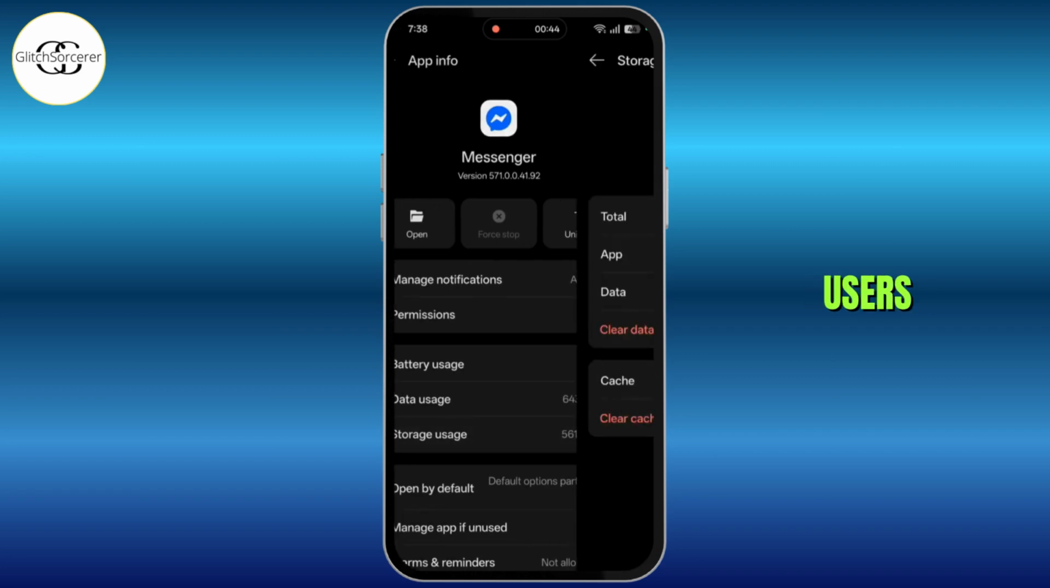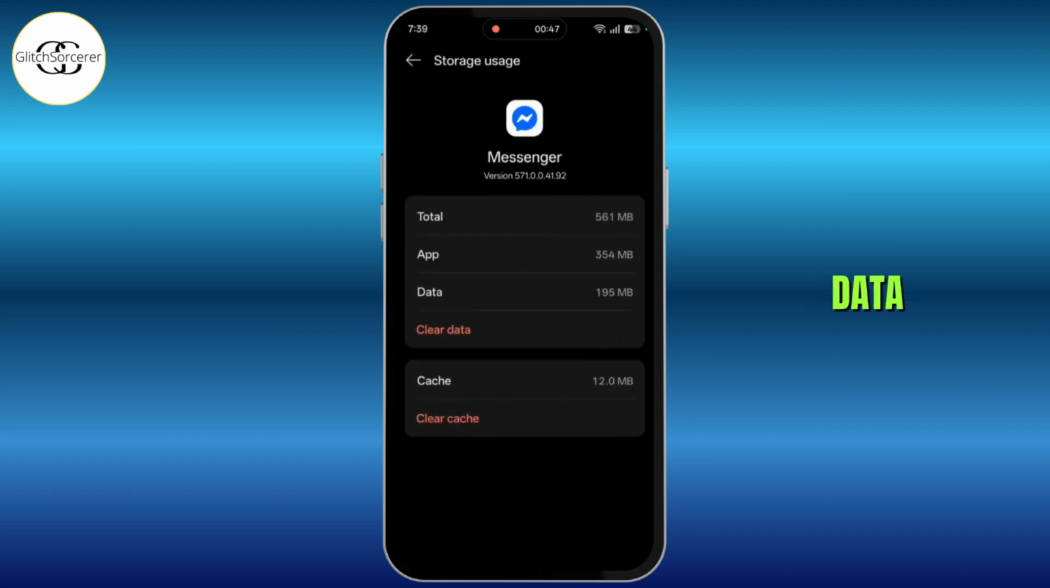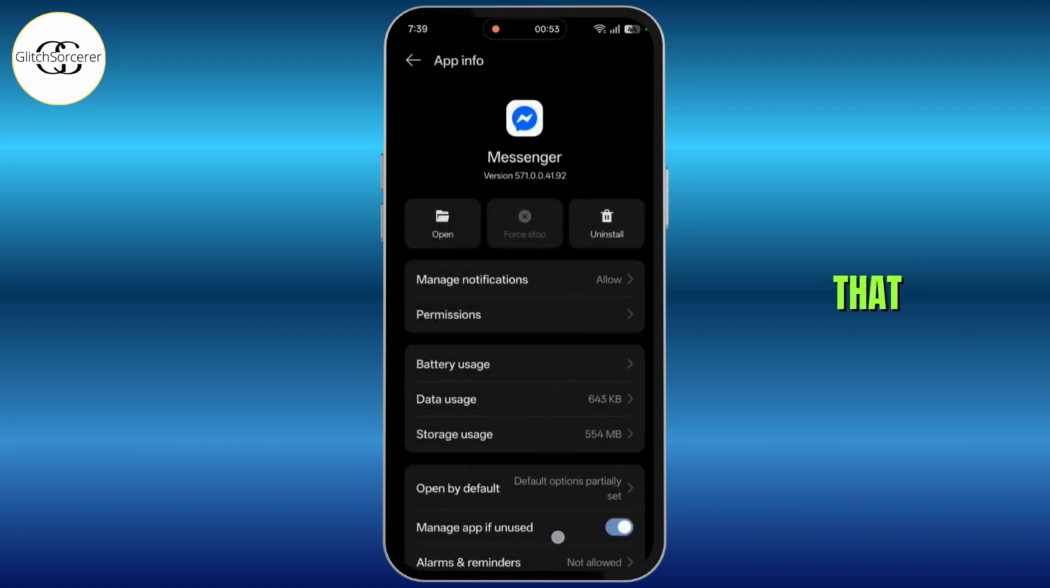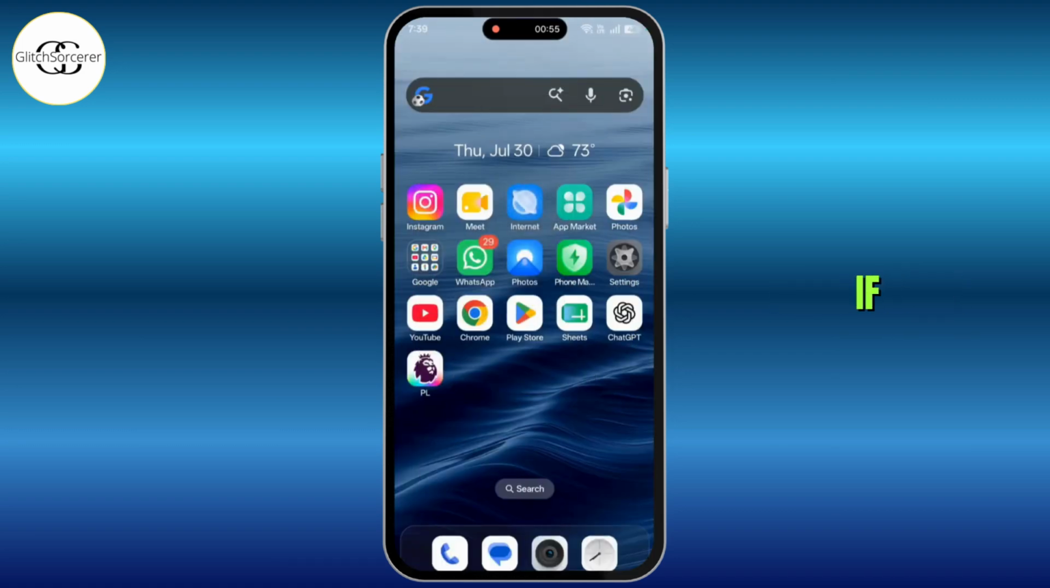Then go to Storage Uses. Here you will find Clear Data and Clear Cache. Make sure you click on Clear Cache written in bright red. Once you've done that, you can try relaunching Messenger, and if it's still not working, then what you can do